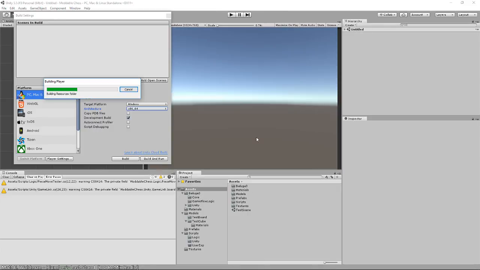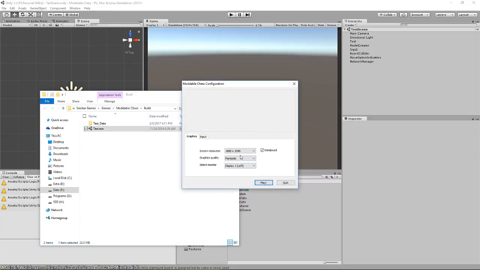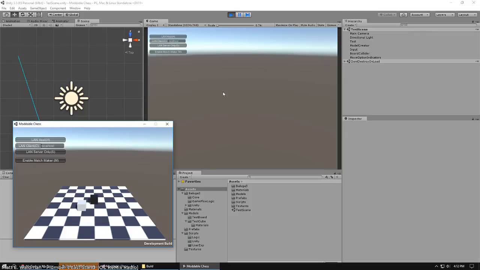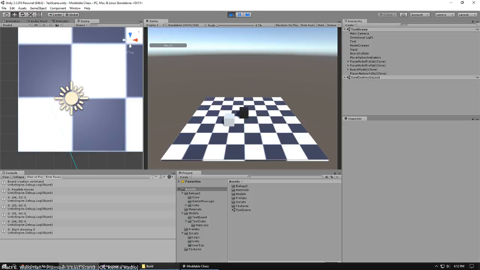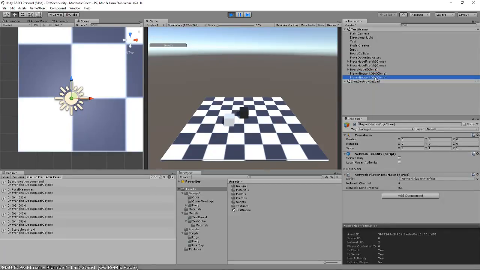So now we're basically just building the game so that we can run two instances, one in the editor and one outside. Okay, so now when I play with the editor, let's close this, and I'll start this as the host. And I start this as the client,